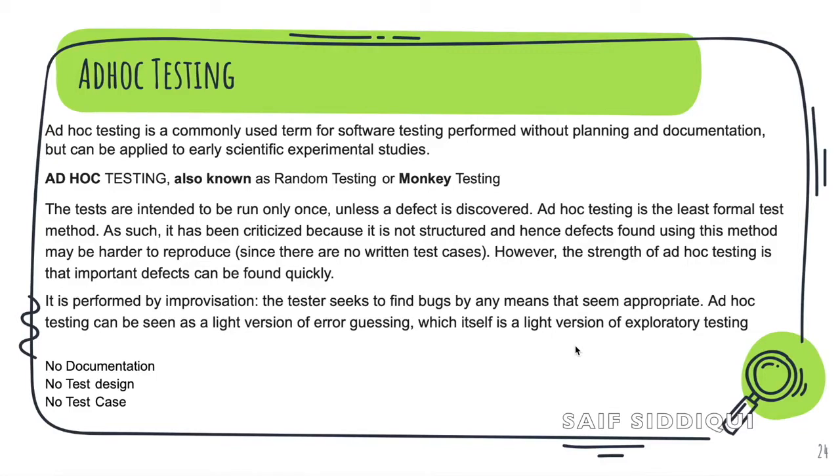It's not like if we find a bug in ad hoc testing and we are not able to reproduce it, then it's of no use. So basically, if you find any crash or something like that in ad hoc testing, you are going to see the crash logs and try to identify why the issue is coming, and then the developer will try to fix that issue.